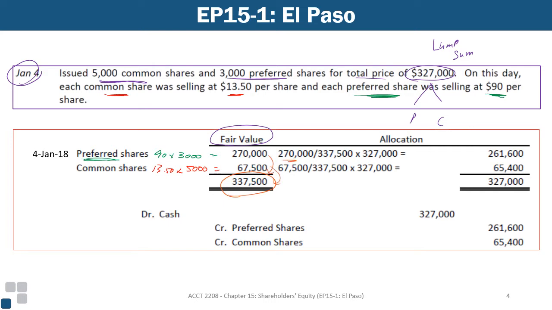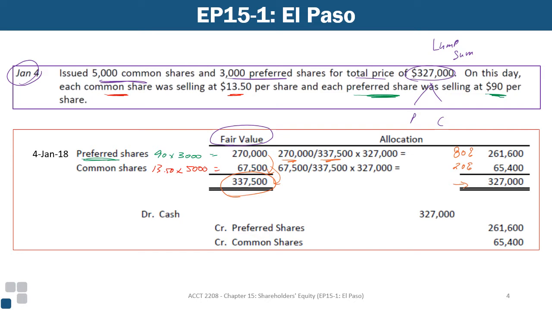So that's what's going on here. 270,000 divided by 337,500, basically 80%. So 80% is allocated to the preferred shares and the remaining 20% to the common shares. And this actually works out quite nicely to be even. So of the total 327,000 in the purchase, we allocate